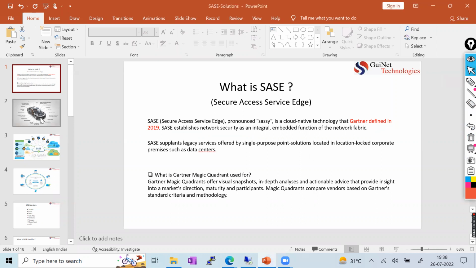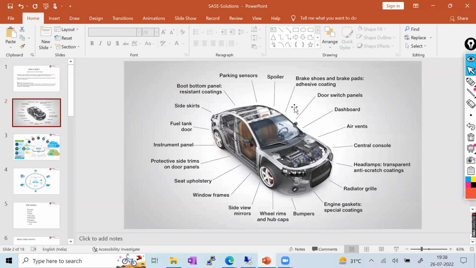Okay. So let's say this is a car, right? Everyone is saying this is a car. And what components do we have in this car? You can see this is a luxury car and we are driving, but the word, the name "car", is not defining which vendor this car is, who did the manufacturing, who is driving, who is using. Nothing is mentioned, just the car, right? But every car has a different vendor who designed it, right?